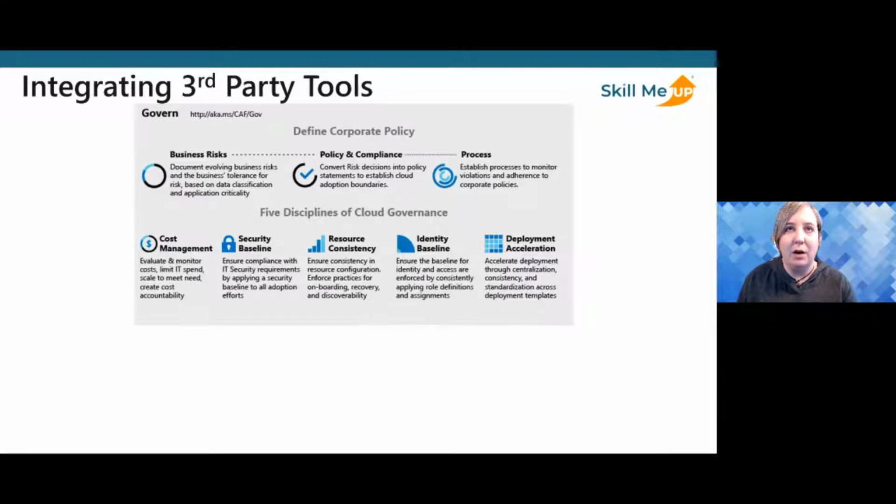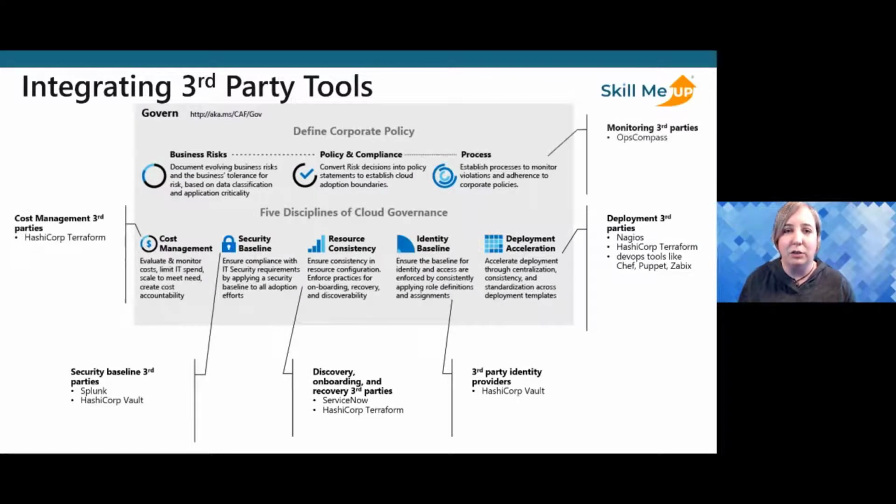And then when we think about integrating third-party tools, there's a lot of multi-cloud running around in the world at large, right? Companies don't want to have vendor lock-in. They don't want to just live in Azure. They want to live in Azure, AWS. They want to still have on-premises workloads. They also maybe want to explore what GCP or Google Cloud Platform offers.